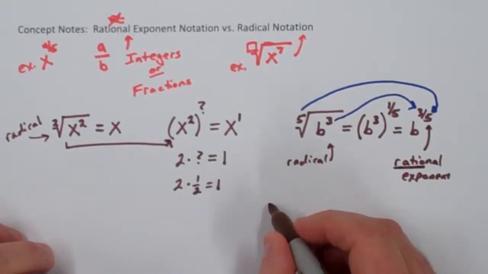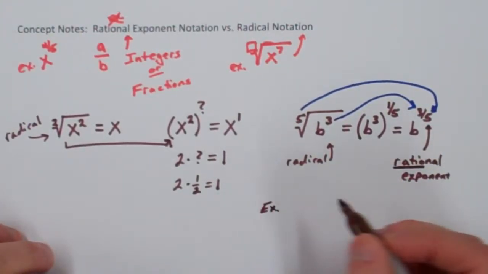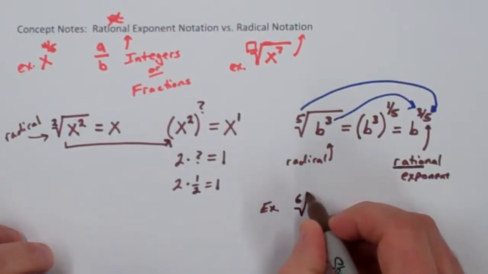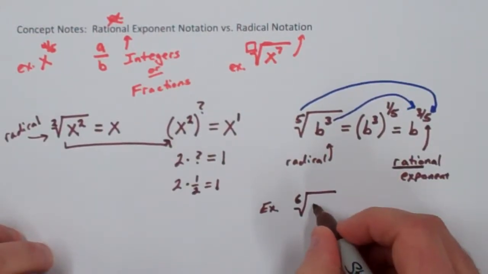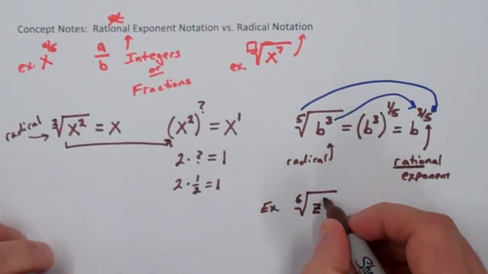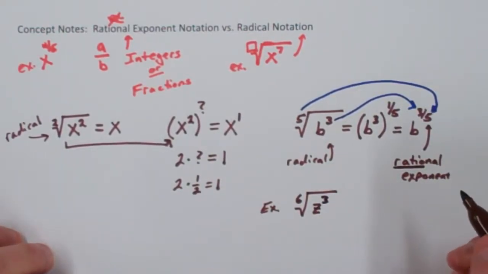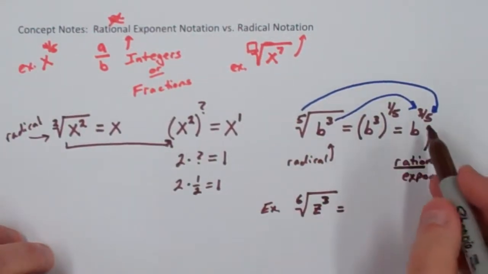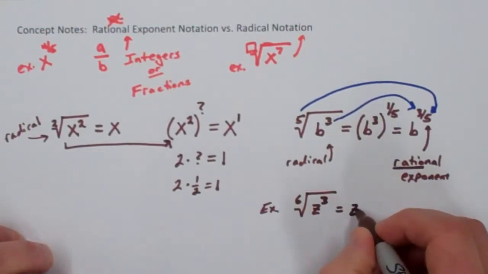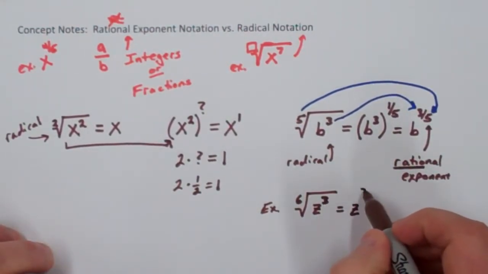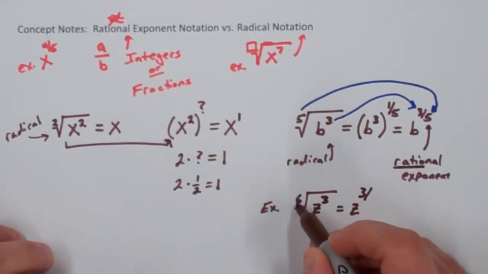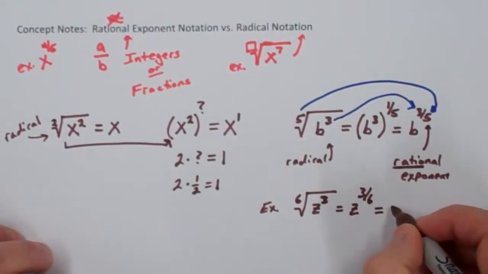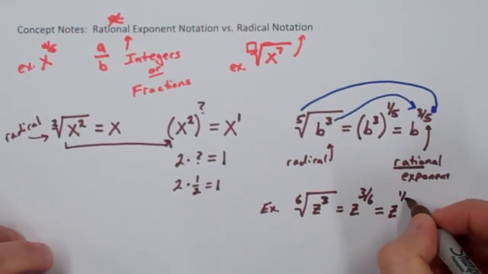So let me give you one more example, and we'll see how this goes here. So here's another example for you. Let's say that you have the 6th root of z to the third power. So if we use our little shortcut, you can always go back to this method right here in the middle if you want to, but it's nice to know that little shortcut. Remember that the 3 belongs in the numerator, and then the radical or the root over here will be in the denominator. If you wanted to, you can go ahead and use your fraction rules, and this is just 1/2,